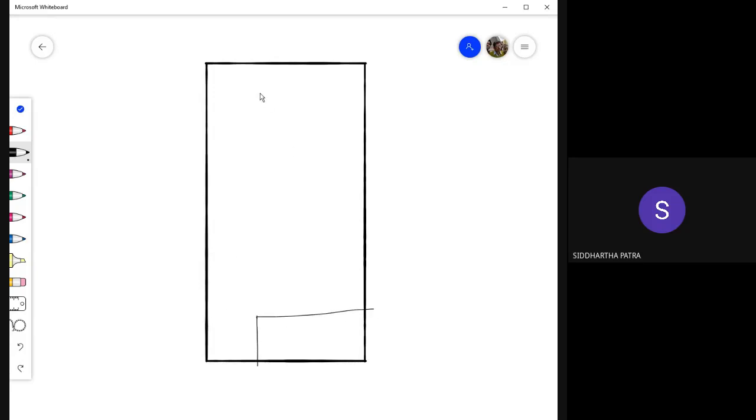So there you can have your front view and the top view. You don't have to make any list of components right there. Okay, sir.